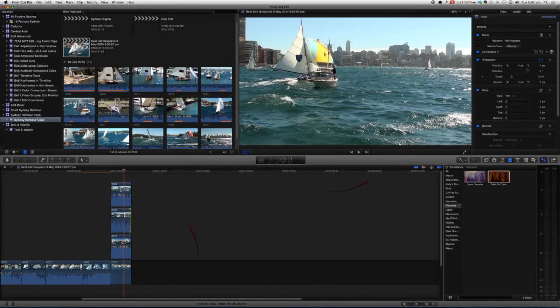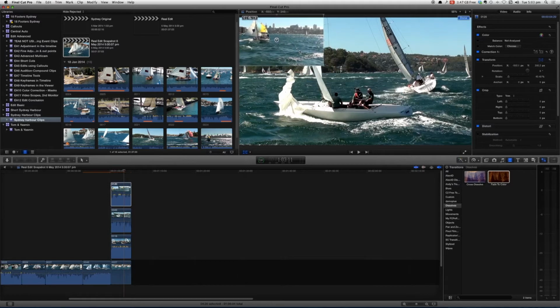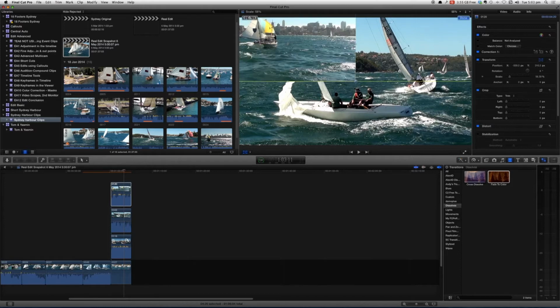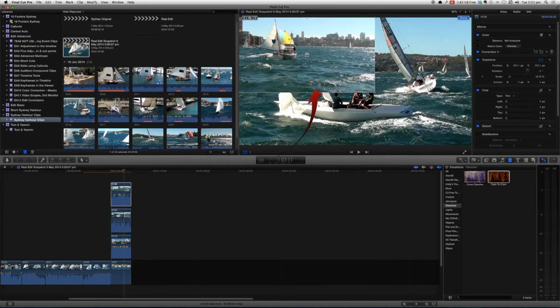Now when we look at this clip, because it's full size, it's hiding the 3 clips below. So what we can do with this clip is resize it to 1/4 of the screen. And we'll just do this on a rough basis. You could resize these mathematically if you wished, and there are plugins and tools to do that, but just so that we can see what's happening here, since that's the top one, we can now see a clip below, which is this one, and we can resize that